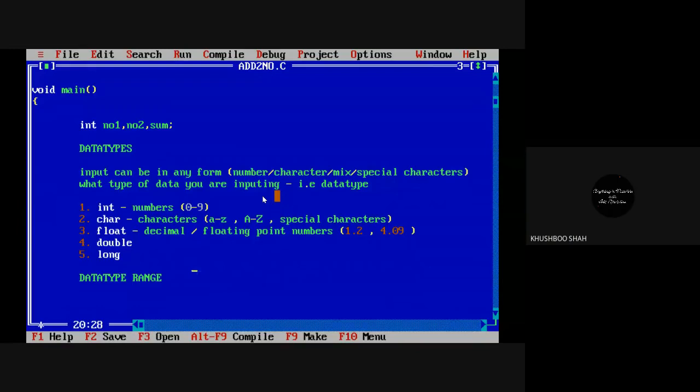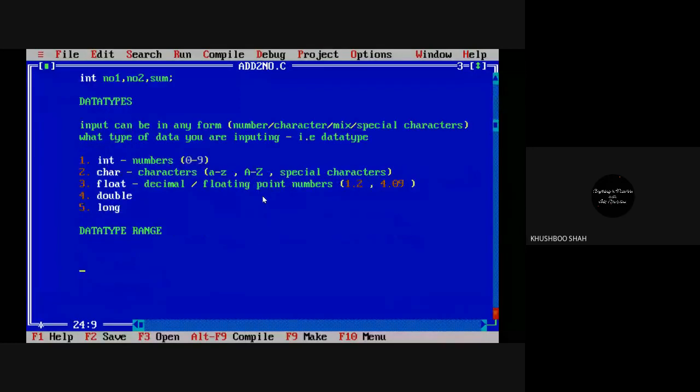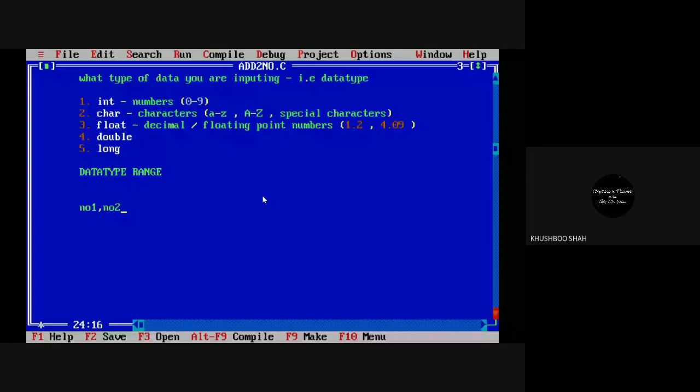Okay. So after that, we have NO1, NO2, and some variables.